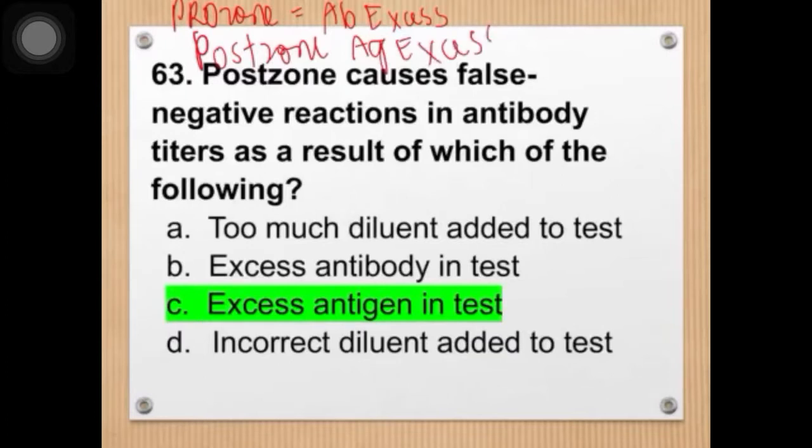Ano pong pinaka-remedy for prozone? Ang pinaka-remedy po for prozone is serum dilution. For post-zone naman, we can repeat the test after a week to give time